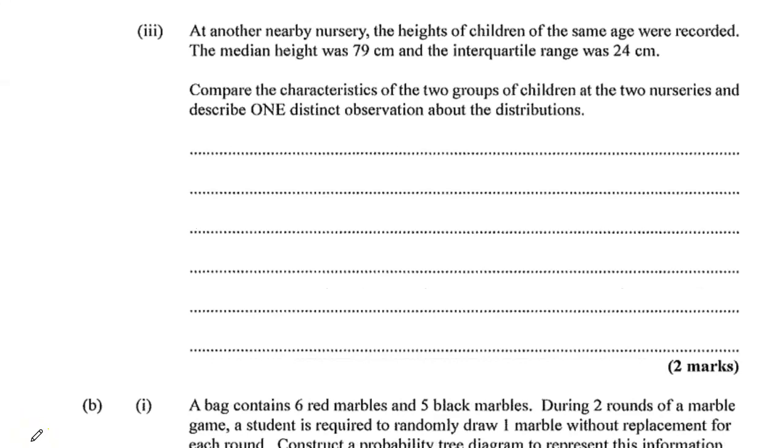At another nearby nursery, the heights of children of the same age were recorded. The median was 79 and the interquartile range was 24. Compare the characteristics of the two groups of children at the two nurseries and describe one distinct observation about the distributions. Alright, so in the one we just looked at, the median was